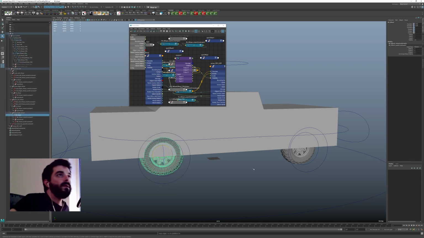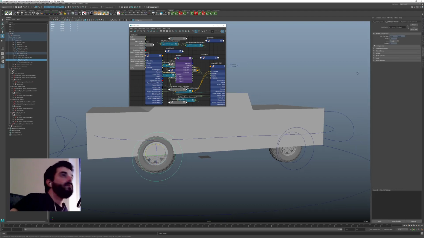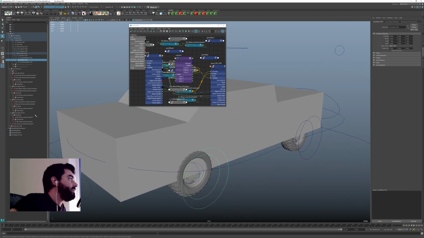So let's see why. Let's see if it's a problem of Maya's viewport there. It positively stops after 180. So let's see what's the issue there. And here I have rotate order. I want to check the axis, so, you know what I'm going to do? I'm going to use